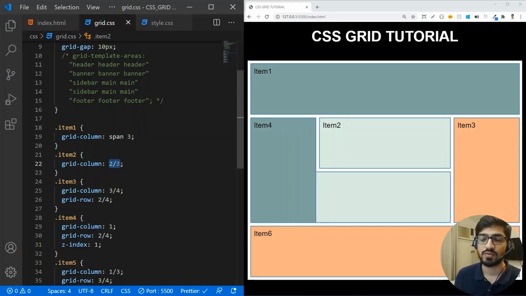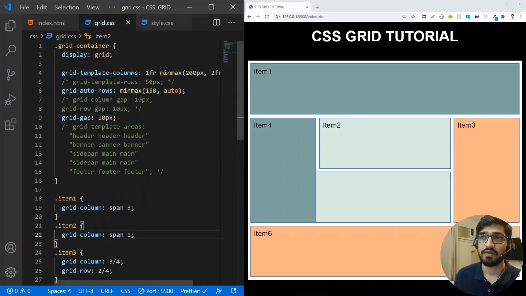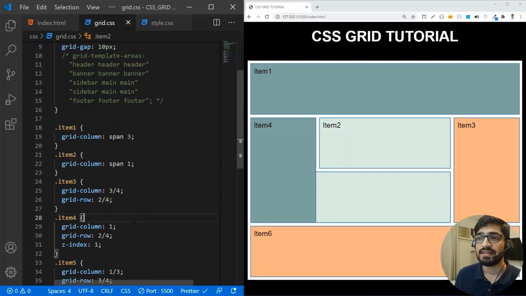I want this to be contained as one span, so I'm going to use as one span. It's all the different ways of writing, and you can use whichever way you feel comfortable. All right, so these are some of the properties on the parent and the child. And the next thing we want to do, if you actually want to override some of the properties on the